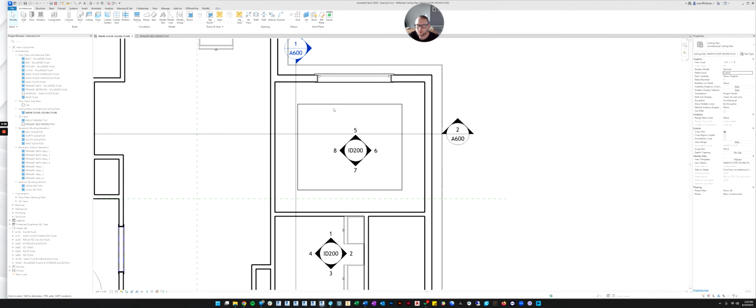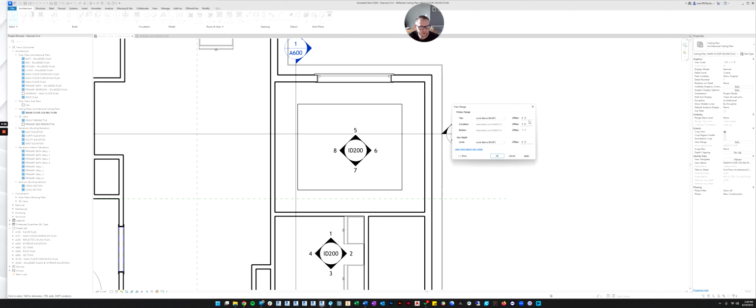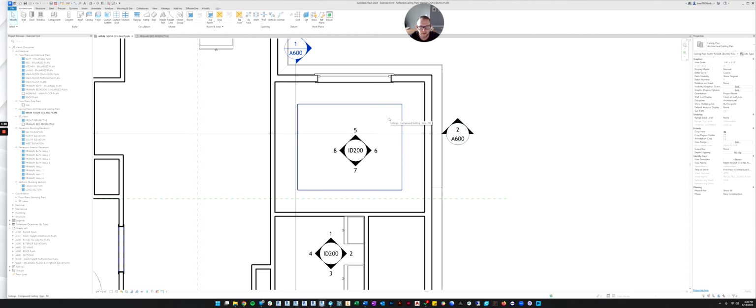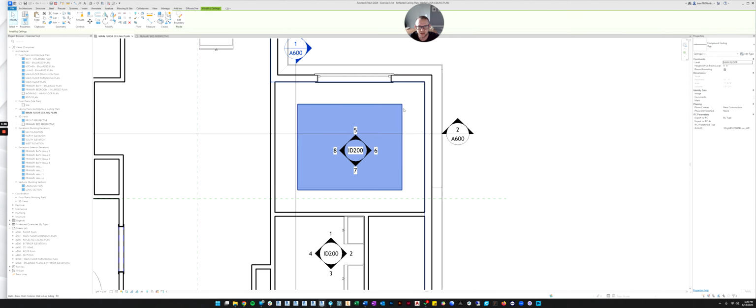That's great. If we go back to our ceiling plan, I think the reason we can't select it is our view range isn't deep enough. So let's hit edit view range. It says it's only going to the roof level. Let's go past that, let's go 2 feet past that. Click OK. There we go. Now it pushed the depth of our view a little more, so now we've got our ceiling and I can select it.